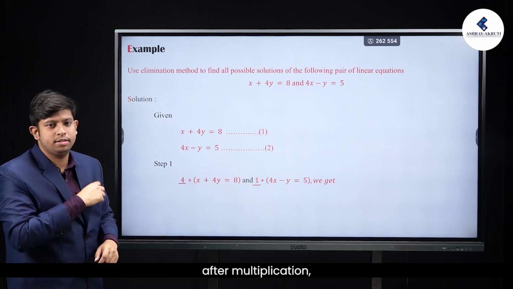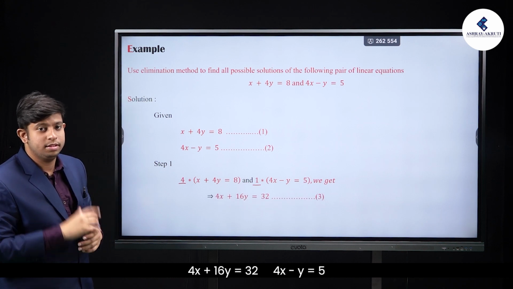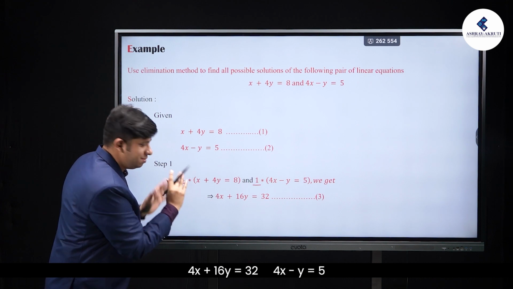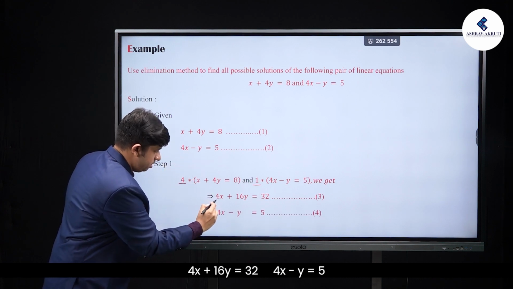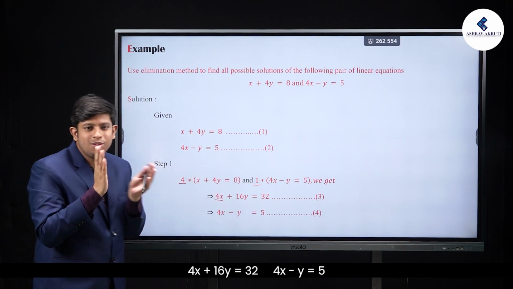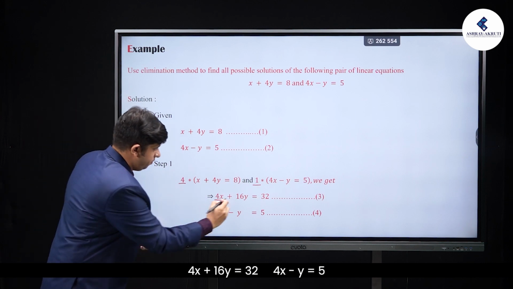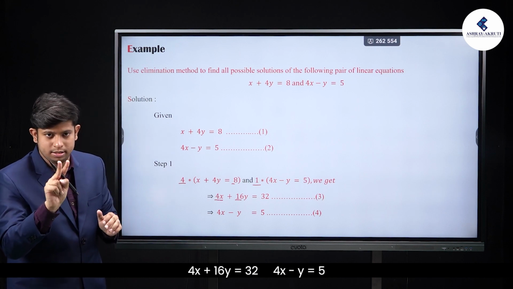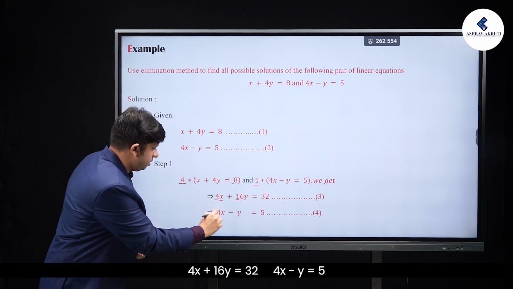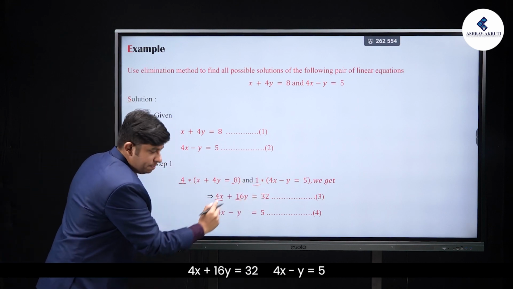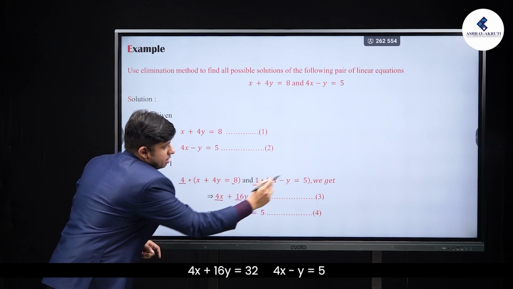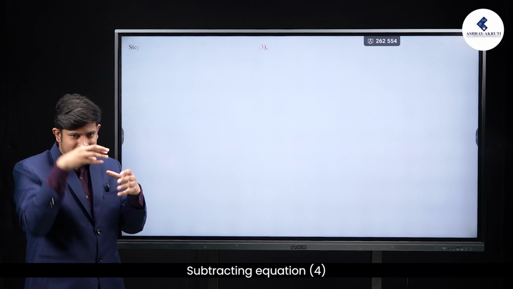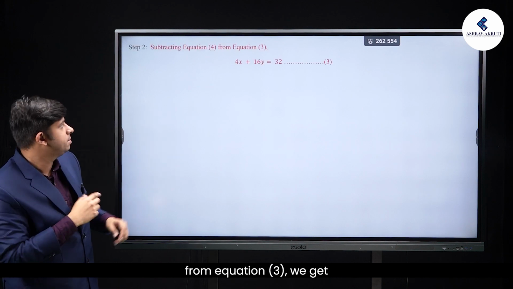After multiplication, we get the equations as 4x plus 16y equal to 32 and 4x minus y equal to 5. Step 2. Subtracting equation 4 from equation 3, we get